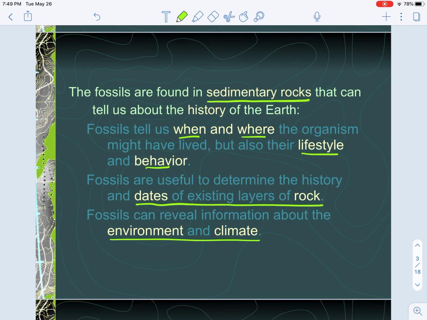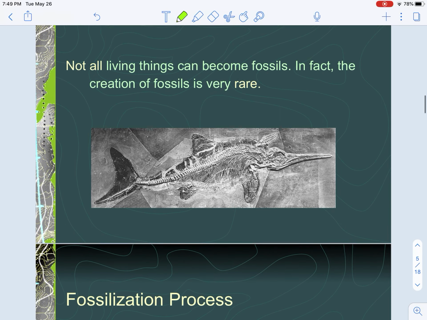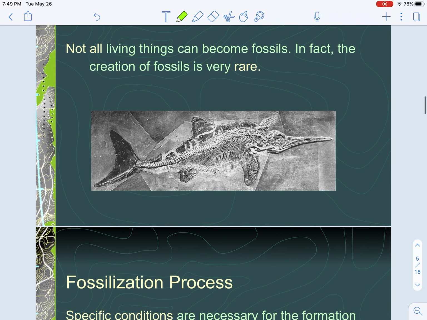The type of rock they'll be found in is sedimentary rock, and they tell us a lot of things. They could tell us when they lived, where they lived, sometimes their lifestyle, sometimes their behavior. They can tell us how old the rock is, and even the type of environment or climate that existed when